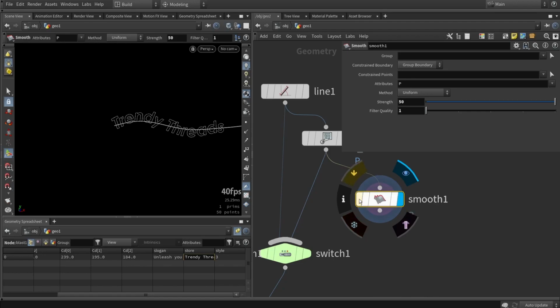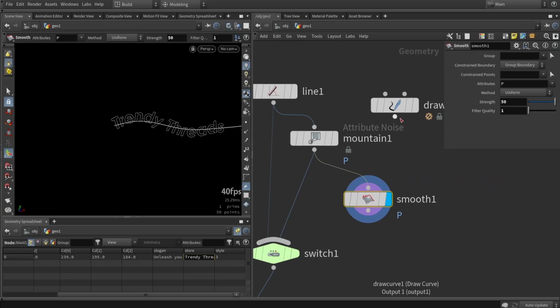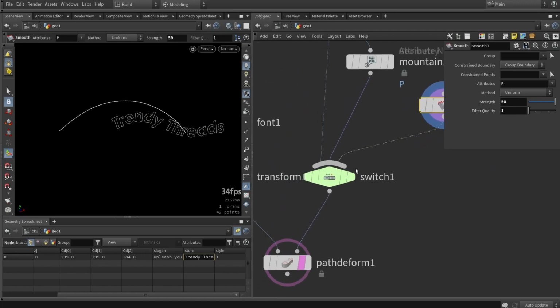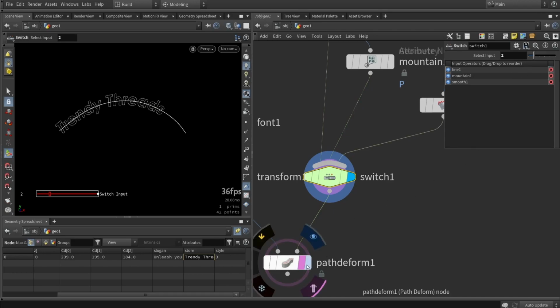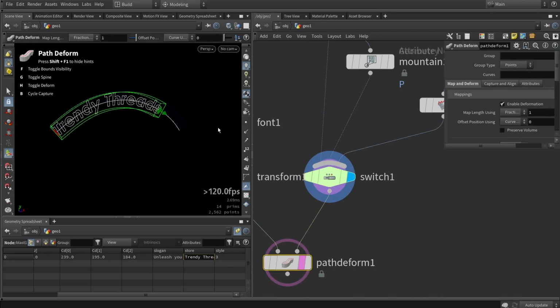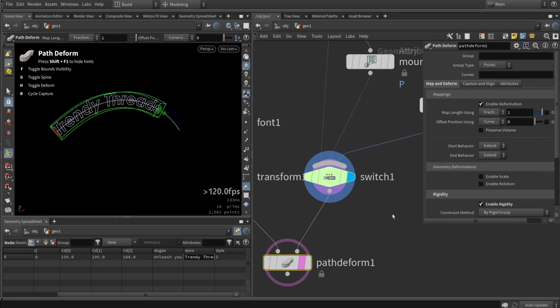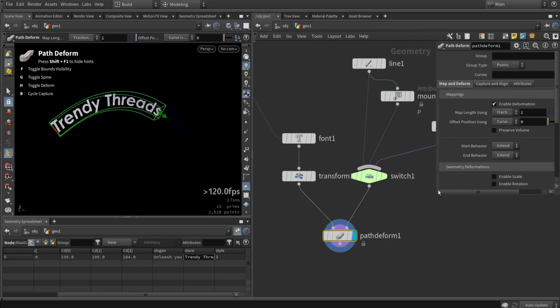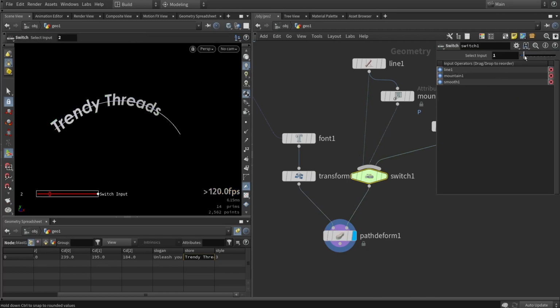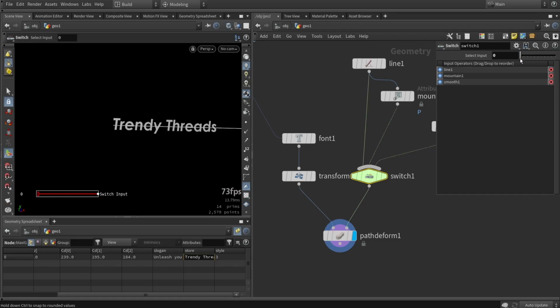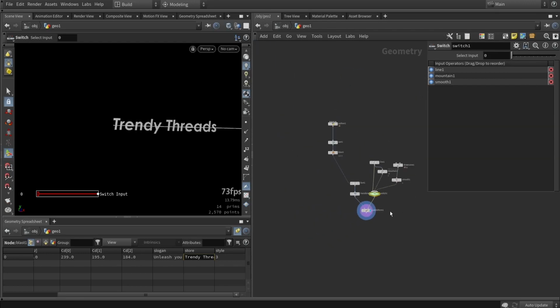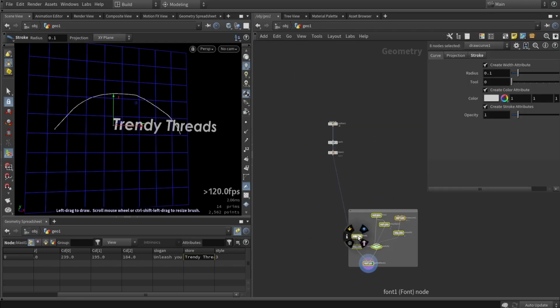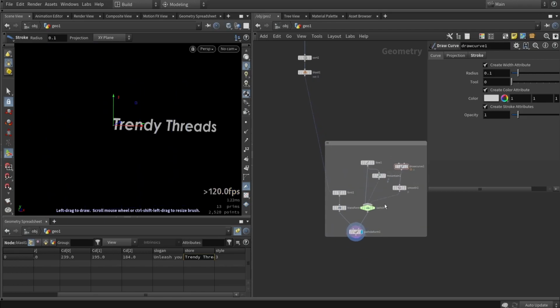You can play around with how much it should be smoothed out, because you don't want to deform the font too much. So here we have a different option, which will always be an arch shape style. So that's roughly how we can add some interesting variations to the text. So this could be called done. So I have a tool that will be able to switch between different types of path deformations. Now this is of course our main text, the store text,